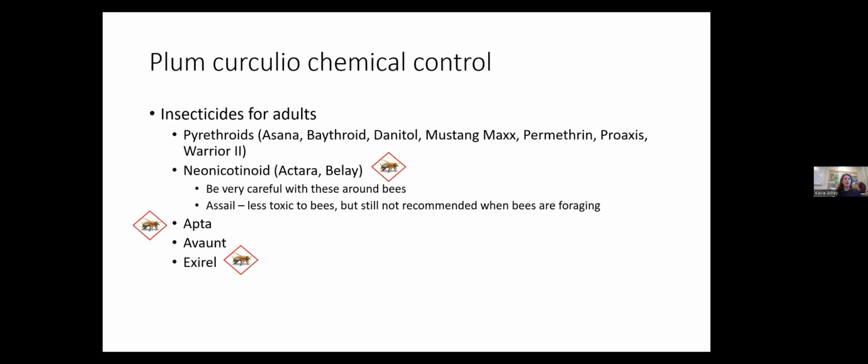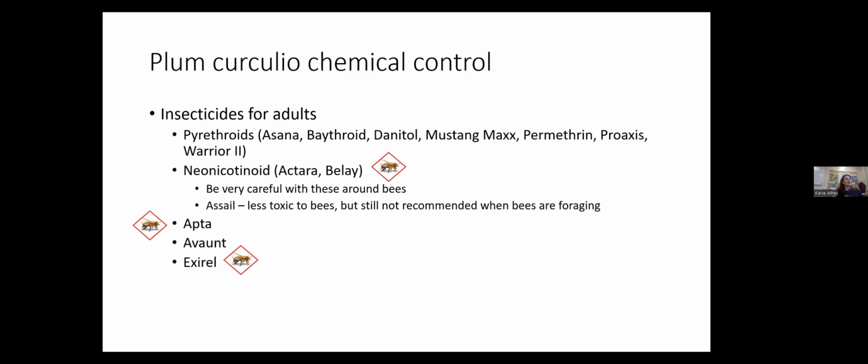So there are, again, this is a pest where you're really just spraying for adults. And so there are a bunch of them that are labeled, but you've got to have your timing right. So when you're using your trapping and you're getting your thresholds, you'll be able to spray at the right time to target those adults. Now you can see on this list for new growers, we have a bunch of different types of insecticides with different insecticide classes here.